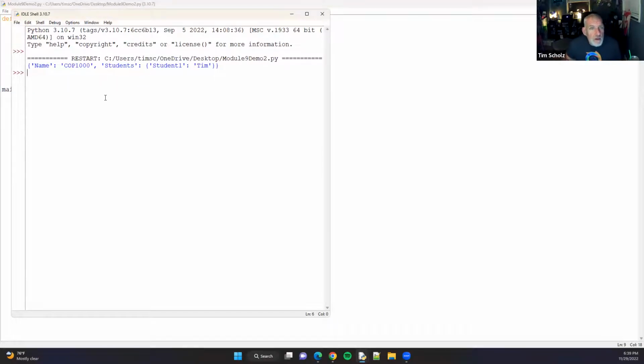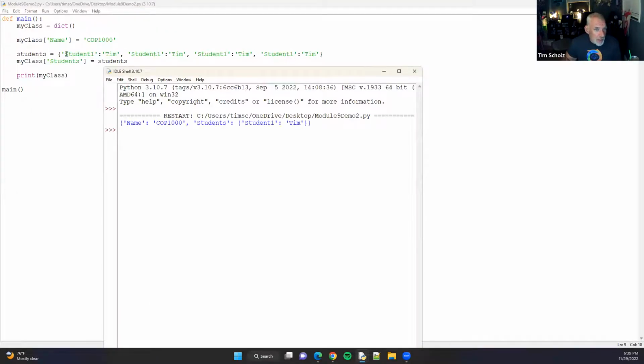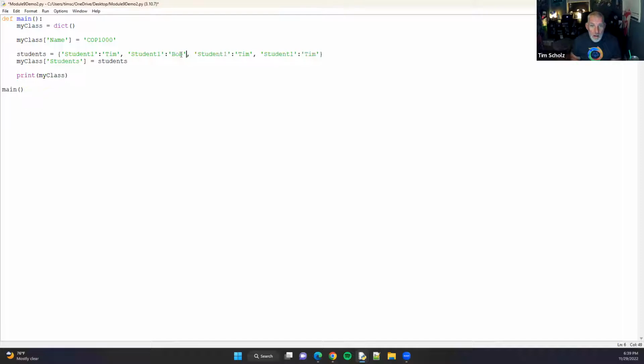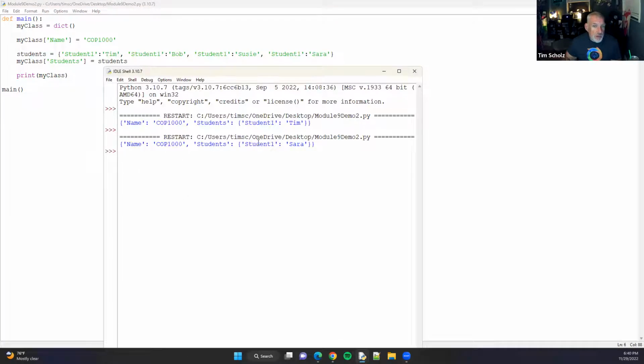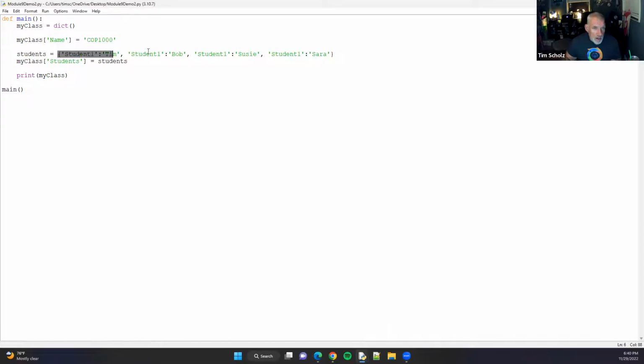So notice, okay, when you look, notice how I created students, and because I only use the key of student one, if I had different names, and I save this, you're going to see students only has the last one. Even though I'm creating a dictionary and I've got multiple items listed there, because I'm using the same key, whatever the last item with that key is what gets stored in there. So if I needed to,